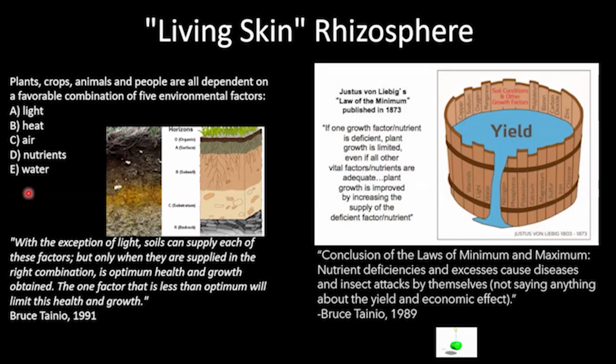That is also what the plant needs. But only when these are balanced can we have optimal nutrition. We talk about the law of minimum, and we so often concentrate on a deficiency or an excess being our greatest limiting factor. But a lot of times it is our soil environment, or our lack of diversity of that microbial community, or the breakdown of that organic matter and that nutrient cycling, sometimes creating that habitat, basically creating that living skin that we talked about.